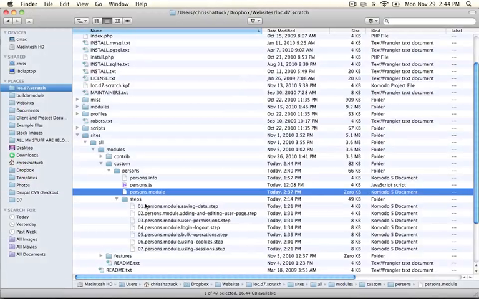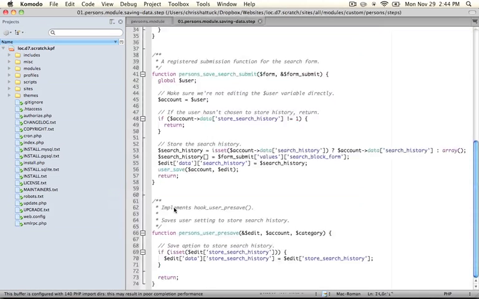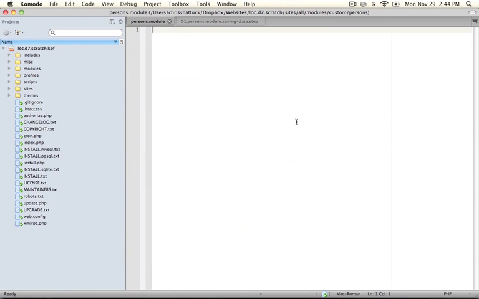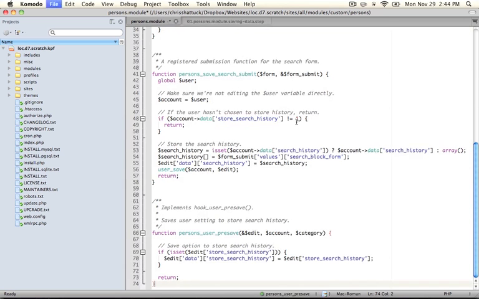and also open up the first step, which is called persons.module.savingData. Go ahead and copy the entire code in the first step and paste it into your persons.module file and save it. Okay, in this example, what we're going to do is add a setting to our user settings page